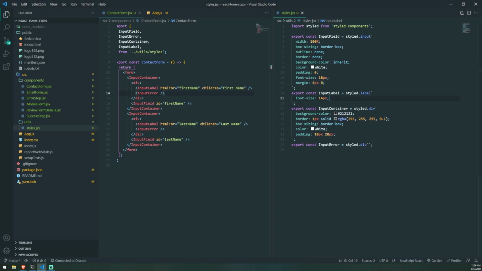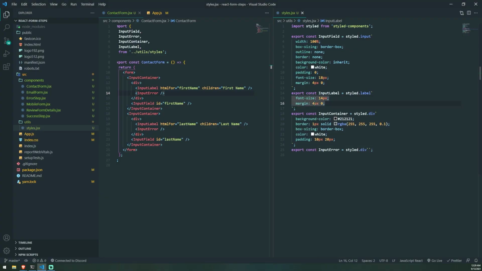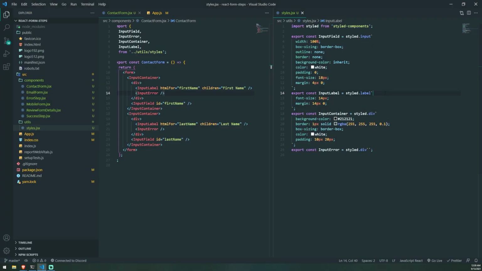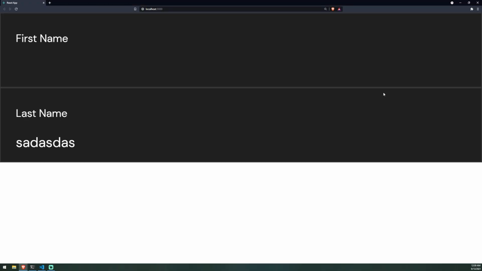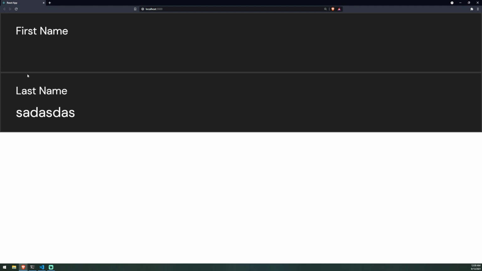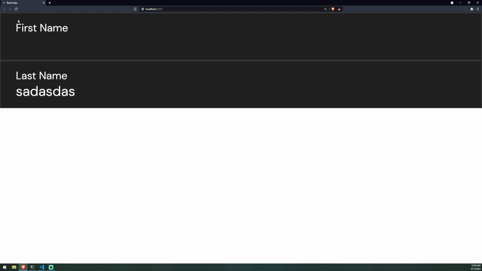So we'll also set the same thing for the margin for the label. It's a little bit hard to actually notice because I'm alt-tabbing a lot. And label might actually not give us the margin because, let's see. Yeah, there we go. That's probably why it's not giving us a margin. Because by default, label is display of inline. So I just want to make sure that the margin from the top of the label is going to be the same margin from the bottom of the